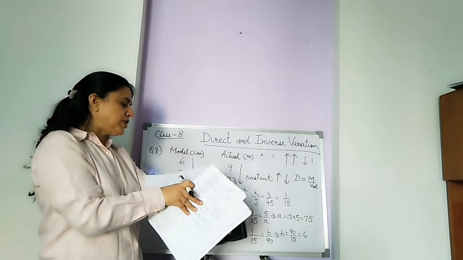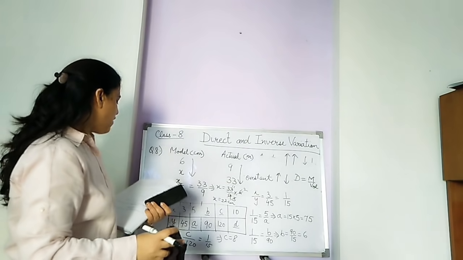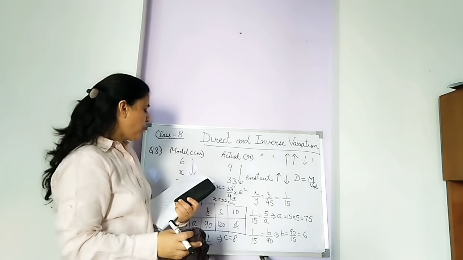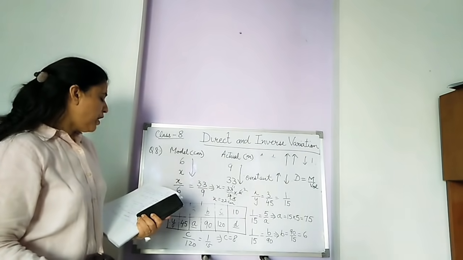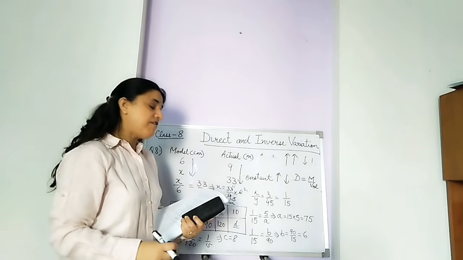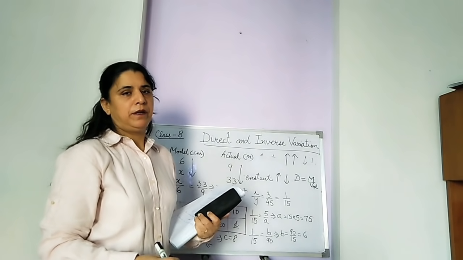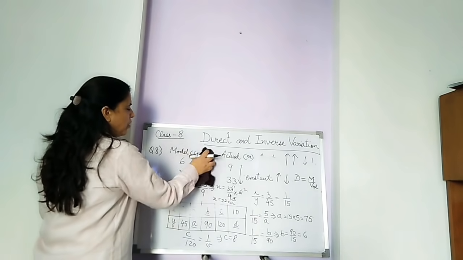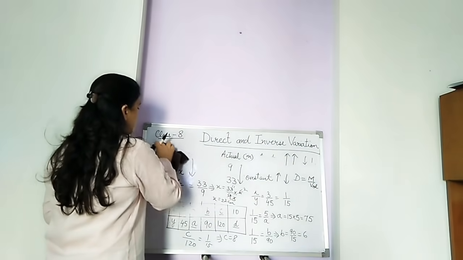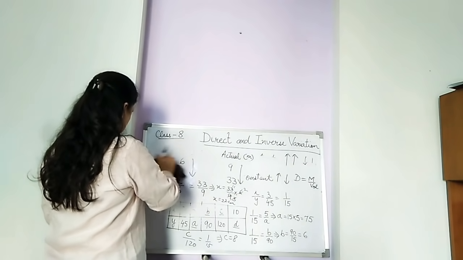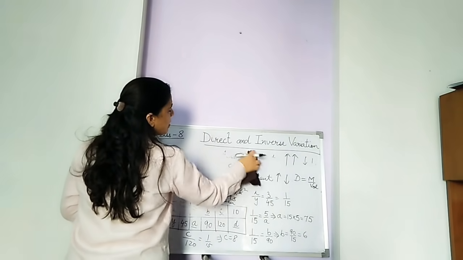Now, the next question that I am going to take is something different, which is on 5 men. Question number 12, if you see in your books, children. I will read out the question for you. If 5 men or 7 women can earn rupees 525 per day, what do you mean by this statement? Can you tell me what you mean by this? 5 men or 7 women earn rupees 525 per day.